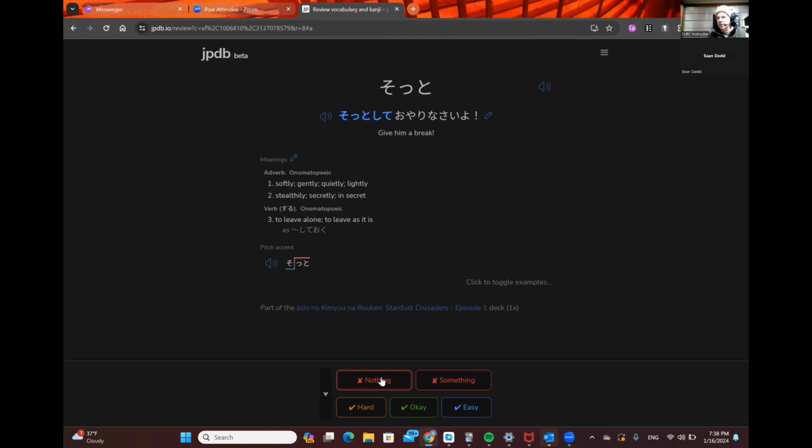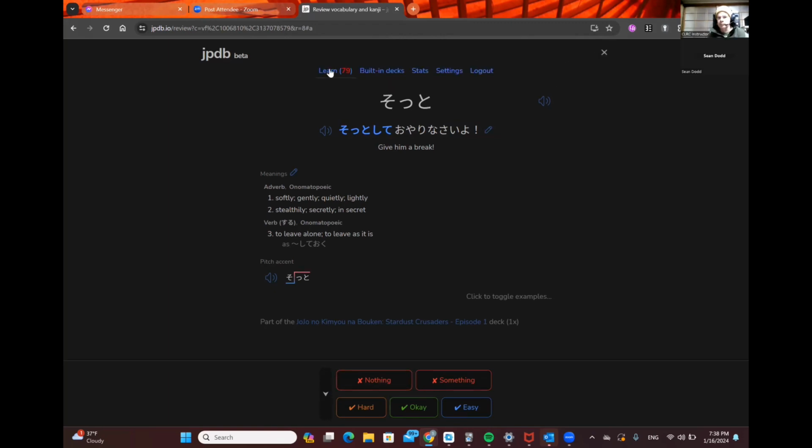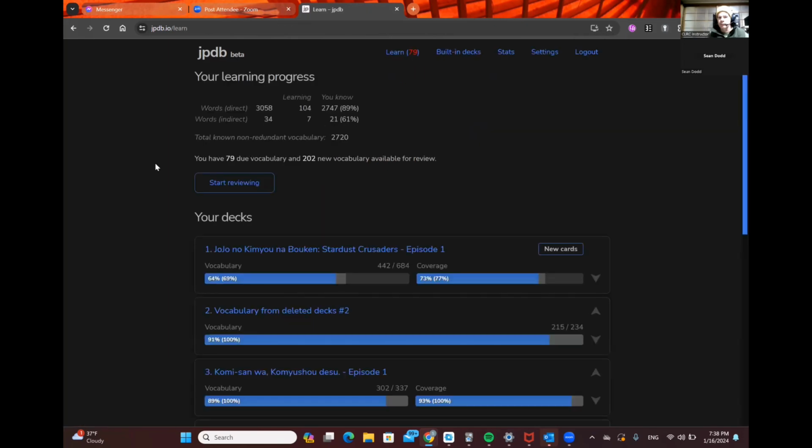Cool. Anything else you think we might need to know? Well, I think this is a very effective tool, but there is no one tool that you need to use for a language. It has to be in tandem with other things. In my case, I spend about 45 minutes to an hour after this going over an episode on Netflix.